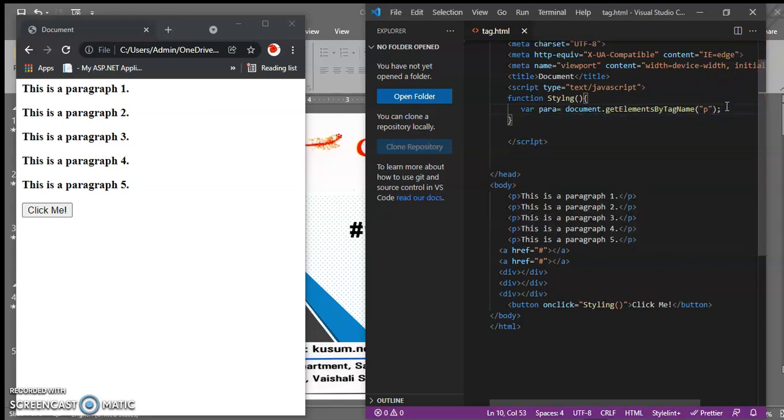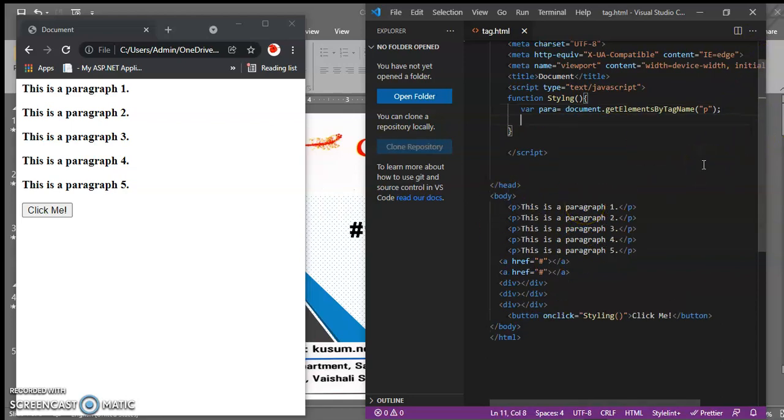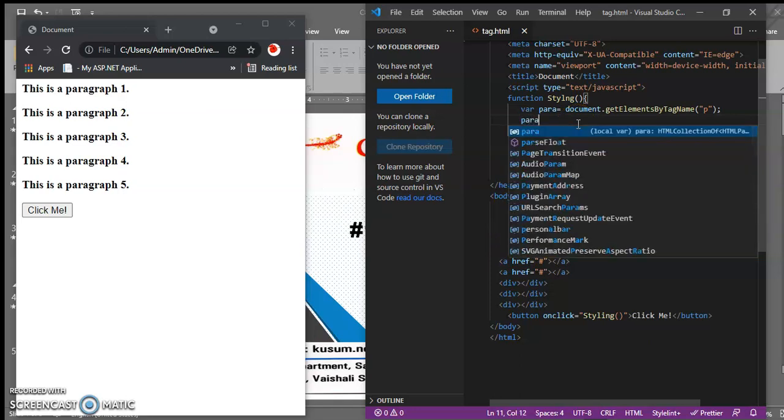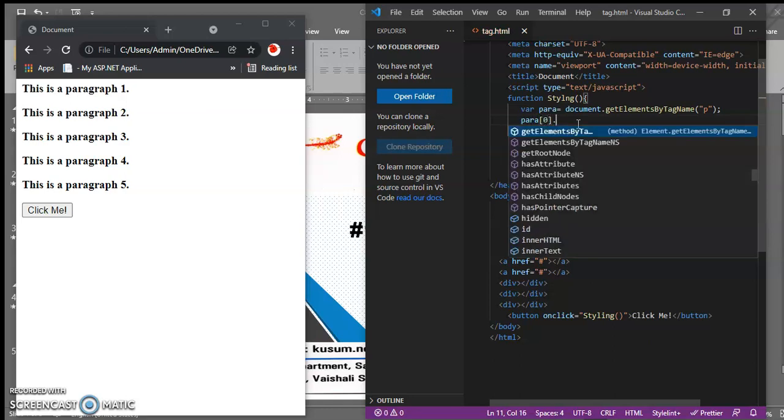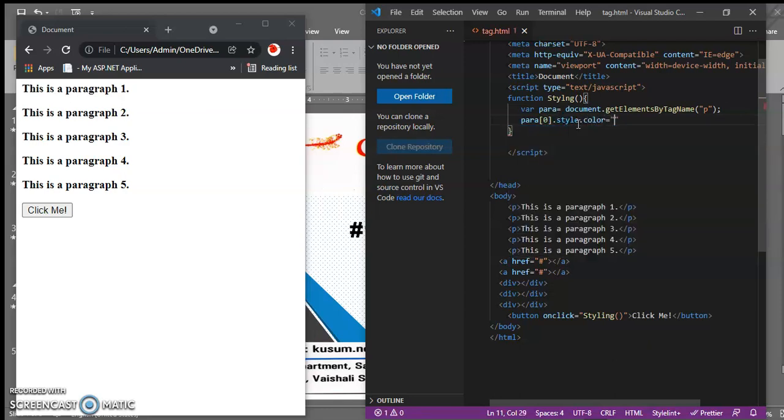Because we have multiple similar tags, we have to perform array index manipulation. For accessing this array we need the array index. To access the first one we need index 0, the second one 1, 2, 3, 4 like that. So to access the first line, the variable para object: para 0 dot style dot color equal to red.